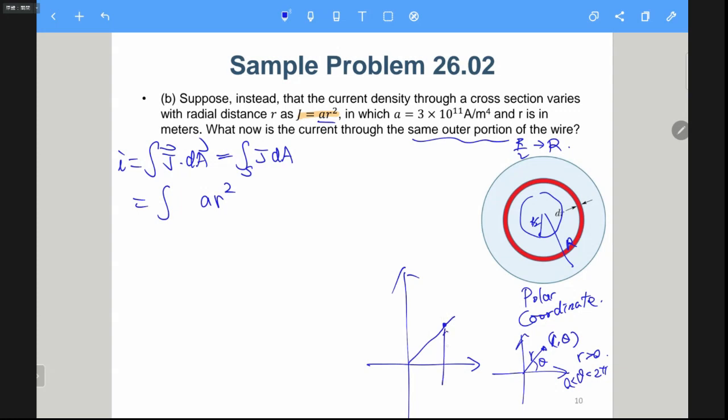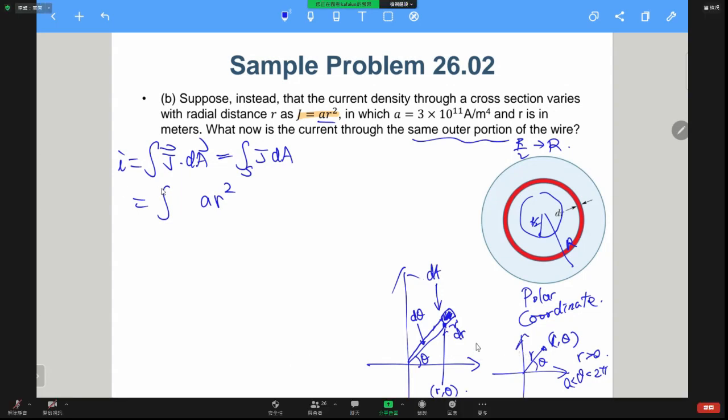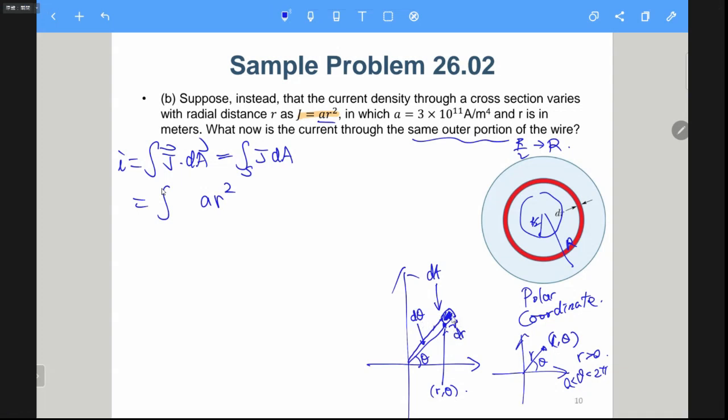So this point is (r, theta). So this will be dr, and then this is theta. So we move a little bit here, so this angle is d theta. This area will be our dA. As long as dr and d theta are small enough, although this is not a